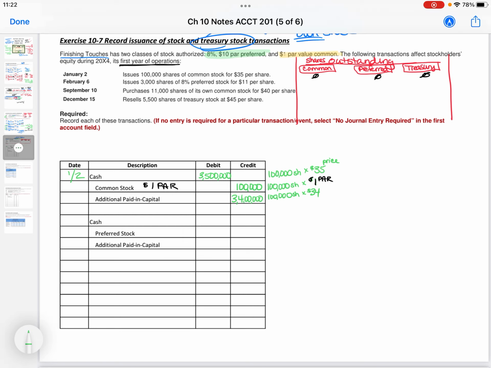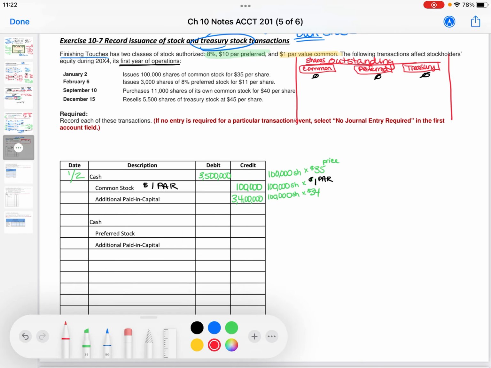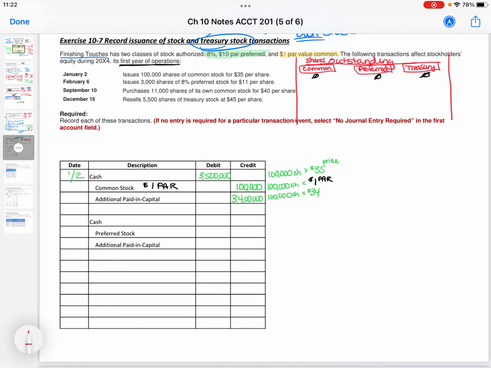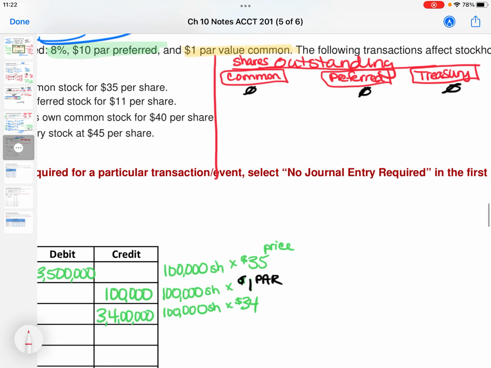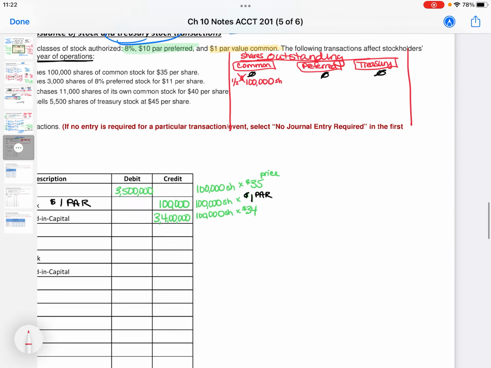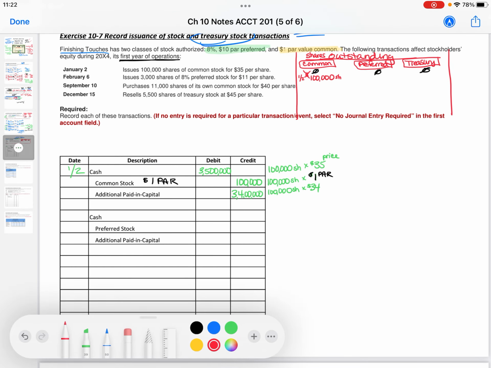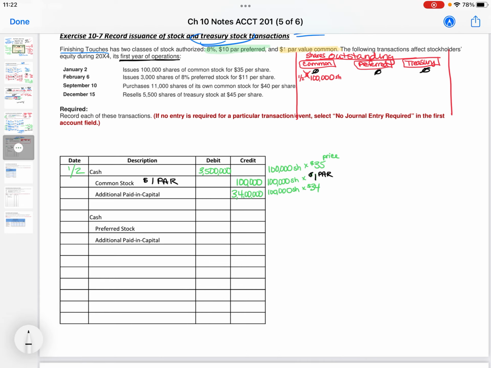Okay, so I want to first and foremost, because I almost forgot last time, write it down up here in the number of shares outstanding. So under common, it is January 2nd. I have 100,000 shares. These are not dollars, so do not put a dollar sign here. These are shares. So 100,000 shares are outstanding. And the next thing I want to do, I know they don't tell us to do it for this problem, but trust me, we're going to need it in just a second. I'm going to do some T accounts.